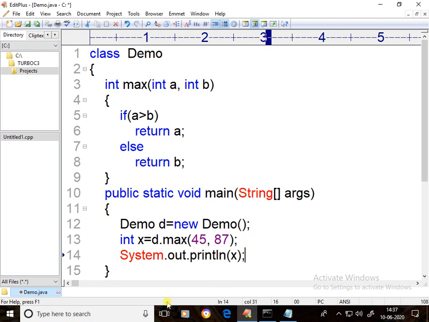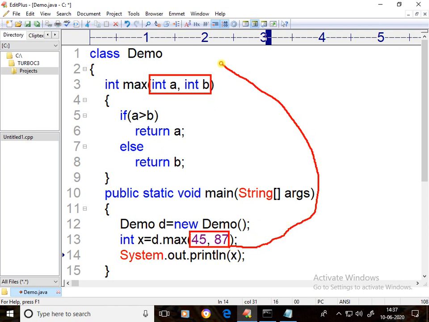You observe here, these 45 and 87 are copied in a and b. So a equals 45 and b equals 87.